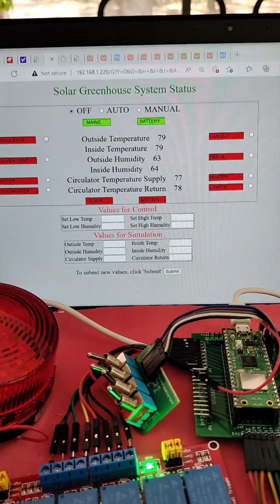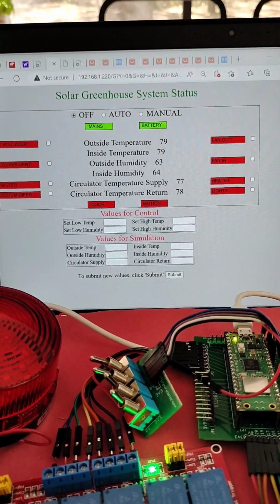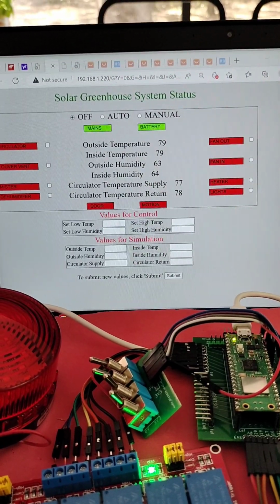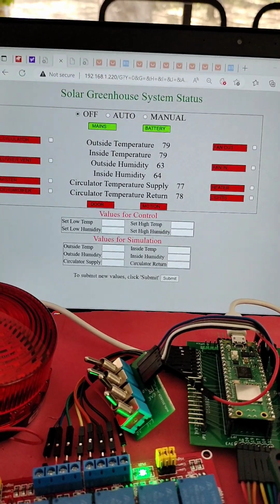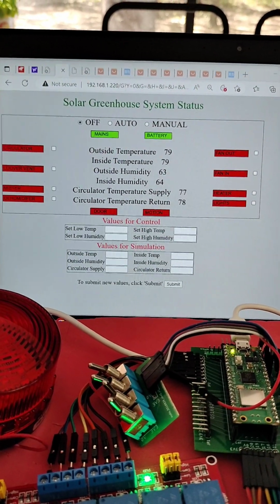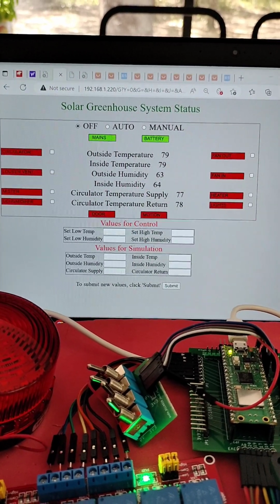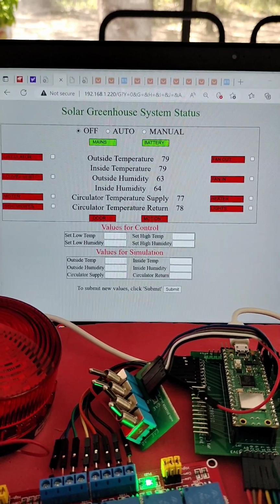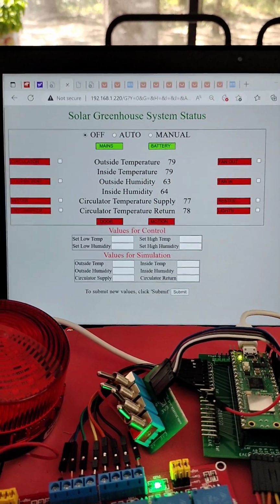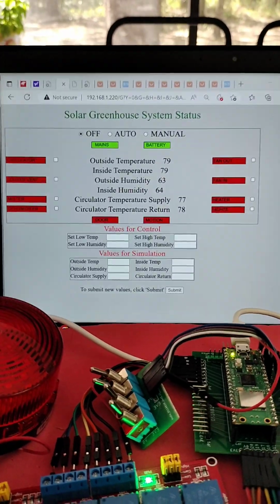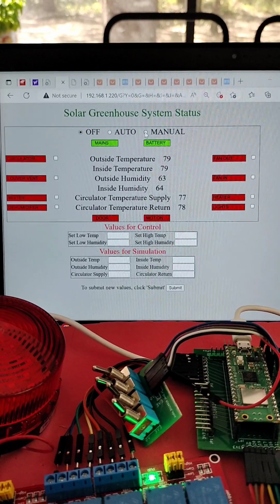The temperature sensors represent inside and outside temperature and humidity, and for a circulator, the supply and return temperatures. And the relays and MOSFET modules represent a circulator, a louver vent, mister, dehumidifier, fan in and fan out, heater, and lights. So we start it all by turning it on to manual,